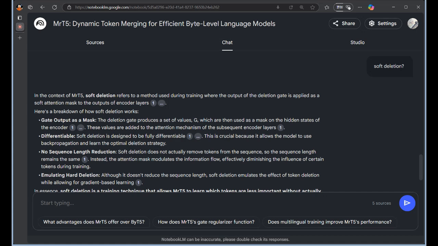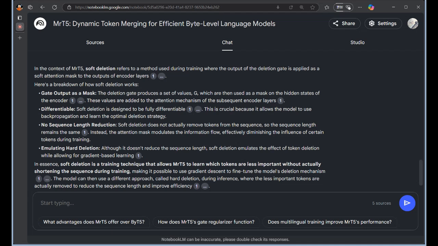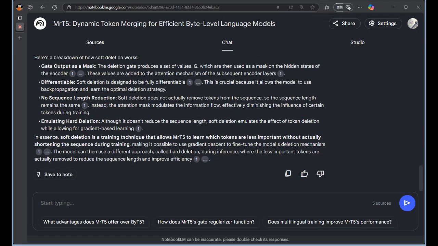That's a good question. That's where the researchers introduced a couple of clever mechanisms: a regularizer and something called a P controller. Let's break those down. What do they do? The regularizer acts like a safety net. It prevents the model from getting too delete happy and losing vital information. So it's like a safeguard against overly aggressive merging. Exactly. Think of it like making sure those key plot points from our book summary don't accidentally get tossed out.